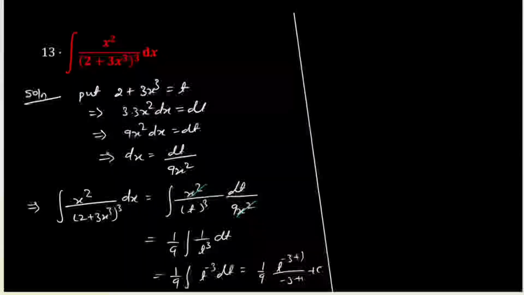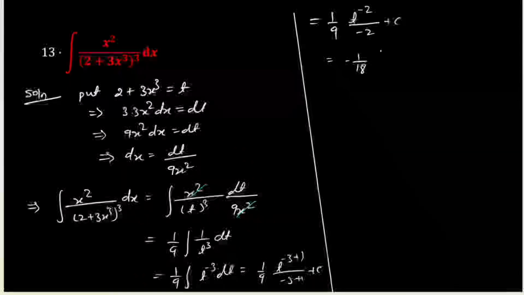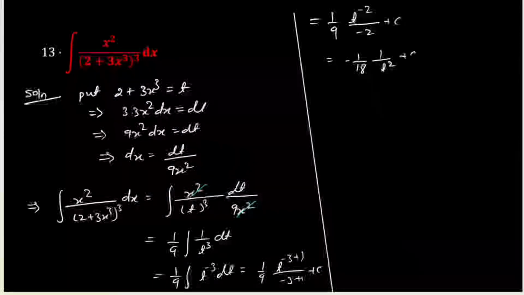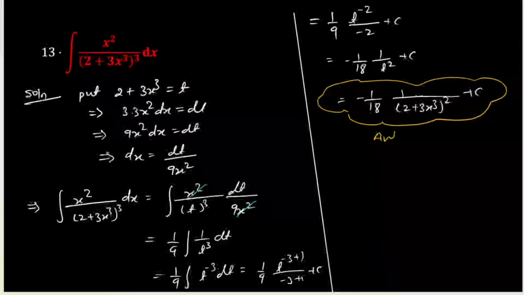So integration is 1 by 9 t power minus 2 by minus 2, which equals minus 1 by 18 t power 2 plus c, and t replaced in terms of x, we get minus 1 by 18 into (2 plus 3x cube) power 2 plus c. This is your answer. Okay. Next problem is